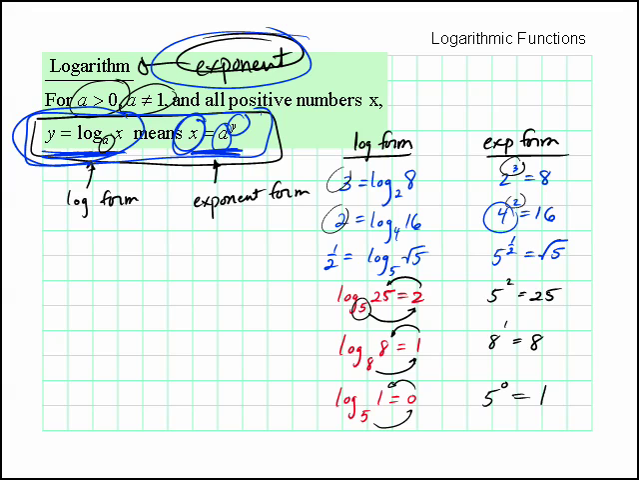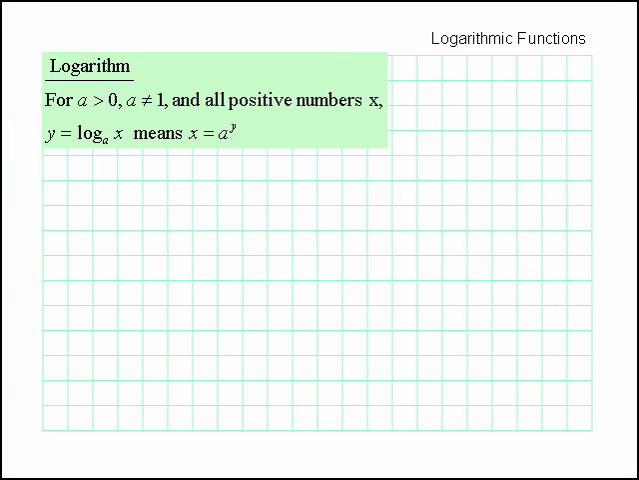Okay, make sure that you understand how to go from log form to exponent form and the other direction as well. It's perhaps the most important thing there is in dealing with logarithms. Just knowing how to switch from one form to the other will allow you to solve some logarithmic equations already. For example,